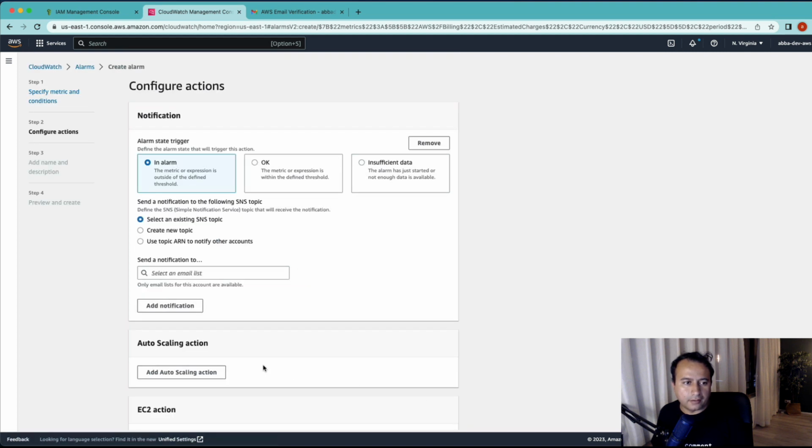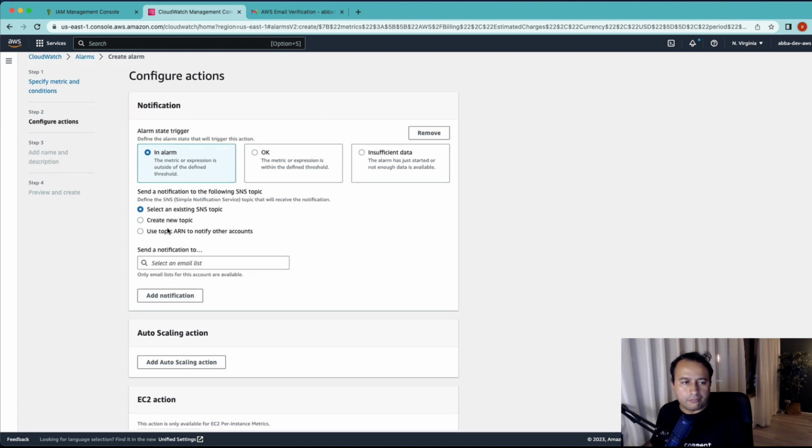We're going to select next, and alarm state trigger and alarm. These are a bit complicated to understand at the beginning if you don't understand CloudWatch, but basically when we get this we become in an alarm state. This is when we want to send a notification, and we want to send a notification to an email. So